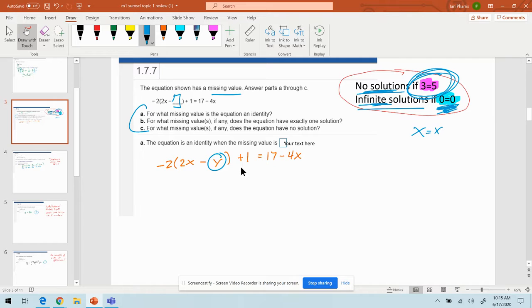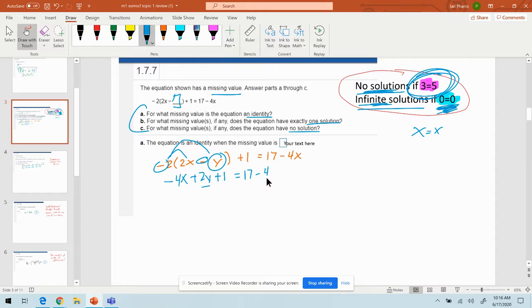I just decided to make that a variable. So I'm going to distribute and solve for y and to see which one of these has one solution, no solution, or identity. Okay, so if we distribute this, we get negative 4x, watch the negative, and then a negative times a negative. Oh, by the way, you distribute, you multiply that one times that one, and that one times that one. We can't forget that. So that'll make this plus 2y, which is a number, which we're going to add to 1,